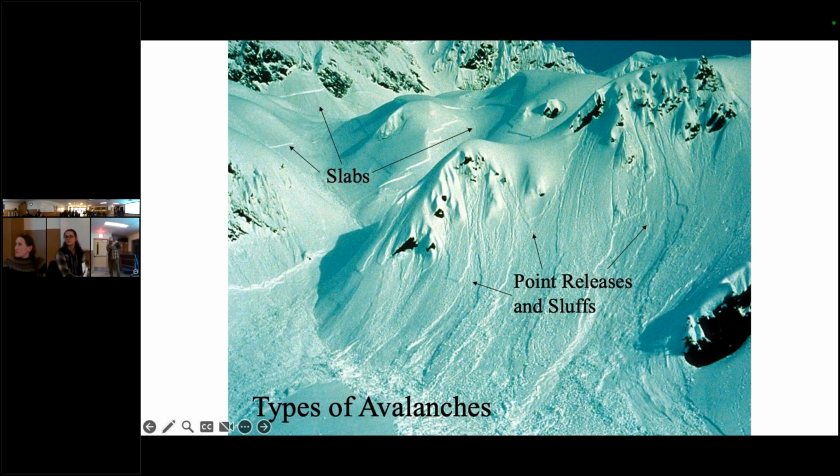So they tend to start as a point and then fan out as they get more and more snow. Point releases tend to be slower moving avalanches, slower to develop, and so they tend to be not as dangerous. The caveat on that is a point release can have enough energy to then trigger a slab avalanche.